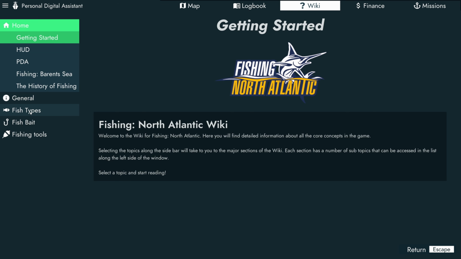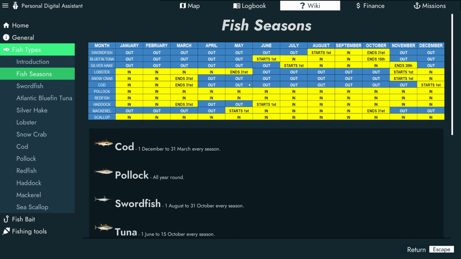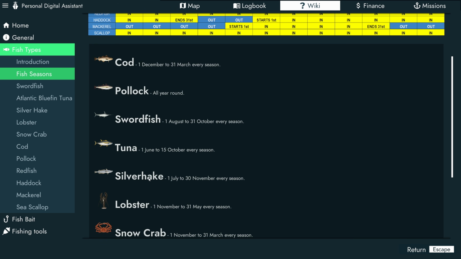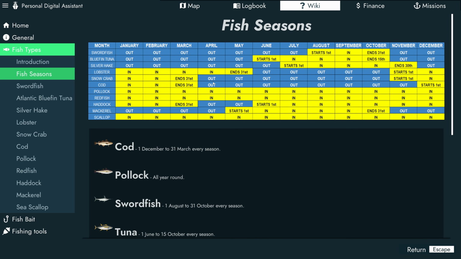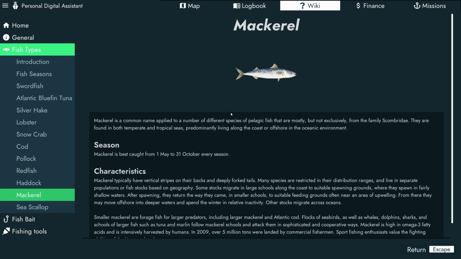$57,000 left. But I wanted to take a look at the fish seasons, right? So we're getting to the end of April here, so next season is going to be May, which has mackerel. So mackerel would be in season starting May 1st, which could be really, really good. Let's take a look. Mackerel,